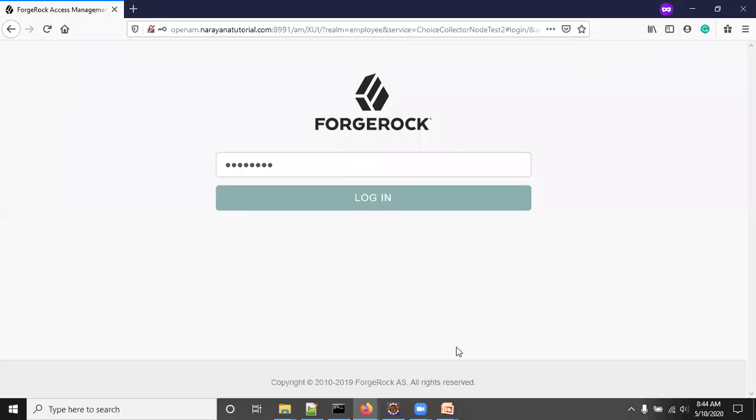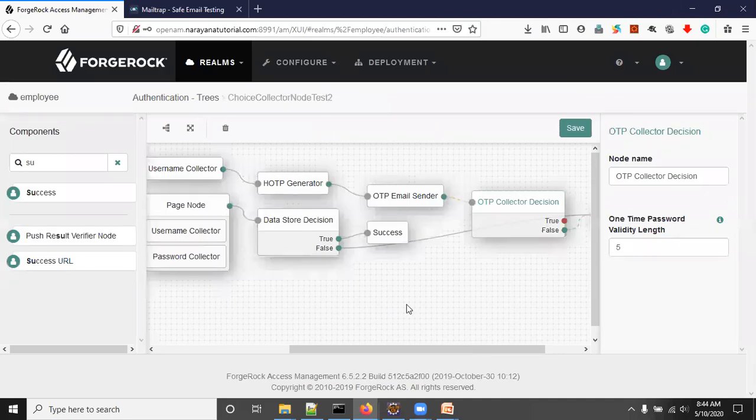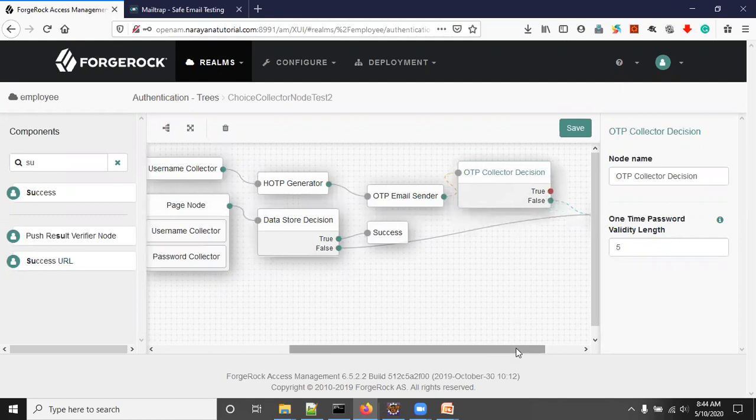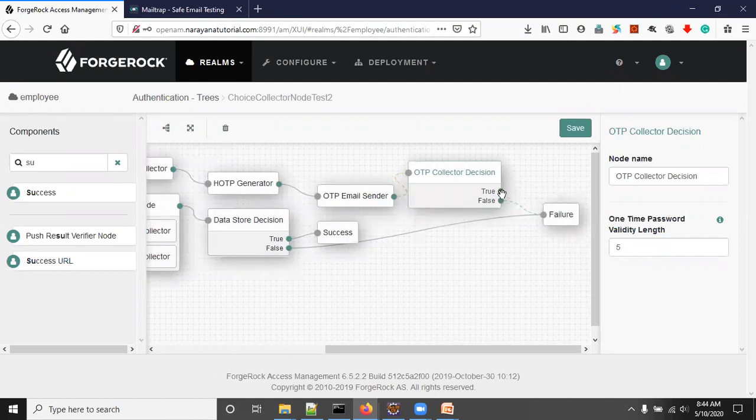Go to the login configuration screen. See here, you can see the OTP collector decision. We didn't give any link. We didn't redirect the true outcome to any node, so that's why the mechanism failed.